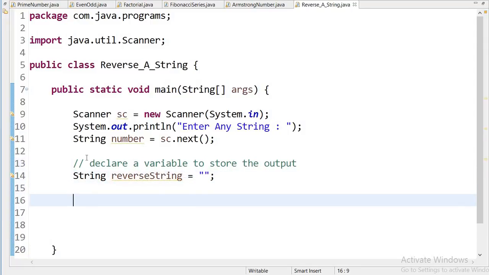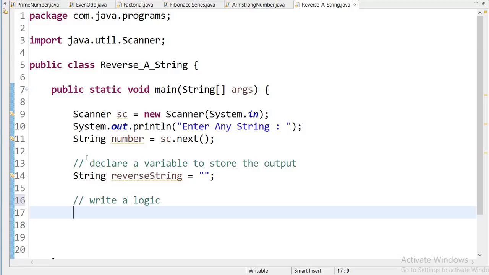Now I am going to write the logic. I am just using a for loop, and it's very easy. With a for loop we can use the StringBuilder class, the reverse method, also converting string into StringBuilder or StringBuffer, but here I am writing a for loop, not using any Java API. For int i is equal to this, and here we can write